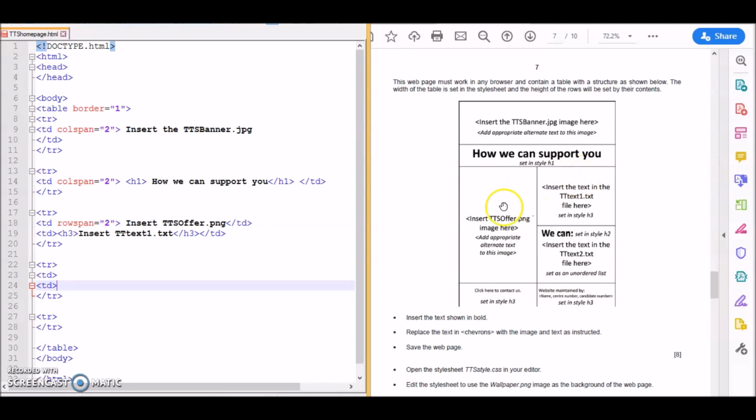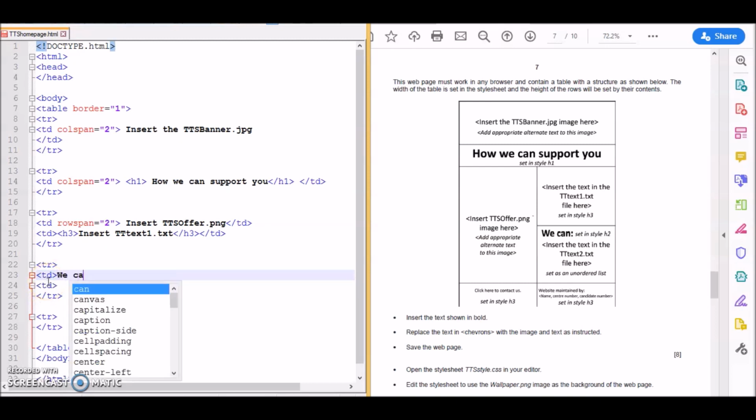Okay, I'm repeating again. When you create the third row's first column, you already merged and covered the 4th row's first column as well. So you don't need to do anything with this part, just creating this part. TD, and look what it says, set in style H2. Yes, we need to type it. Okay, and its style is H2,